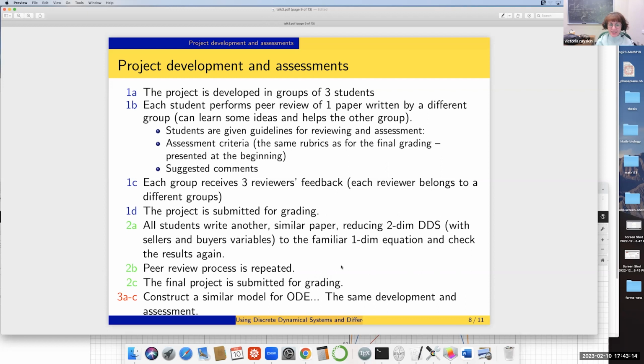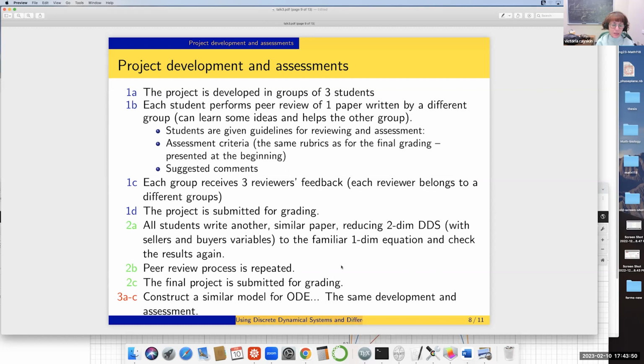And then the same process is repeated for a 2-dimensional system. Of course, we can transform this 1-dimensional DDS into a 2-dimensional one if we introduce 2 variables, sellers and buyers. So they can compare this 2-dimensional DDS to their previous results. And again, the same peer review process is repeated. And finally, they